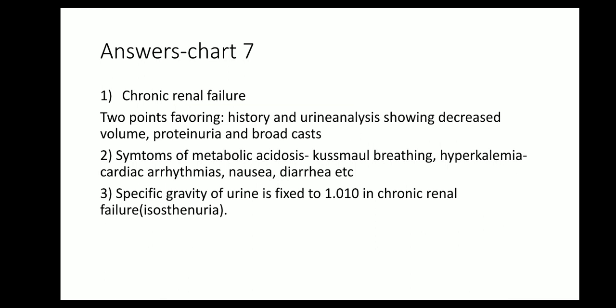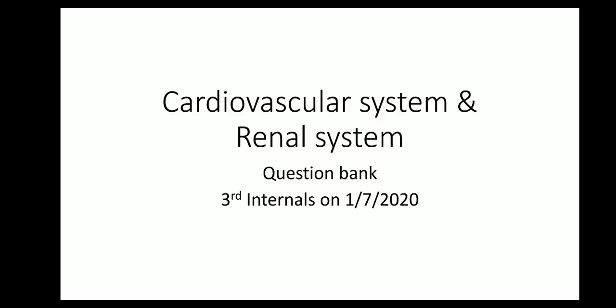So these are the 7 very important charts, which can be kept for you all in the final exam, and you all should go through these charts, see the history properly and answer the 3 questions given. Next week you all have a test on cardiovascular system and renal system. The question bank is given here. You have to prepare according to the question bank, and it will be a 40 marks question paper, 1.5 hours: a long question, then 5 short essays, then 5 short answers.